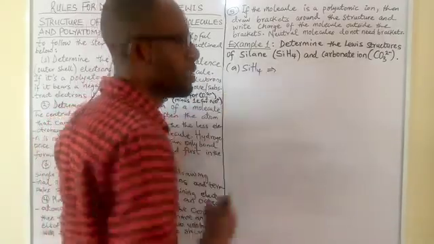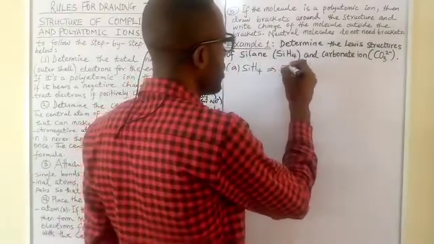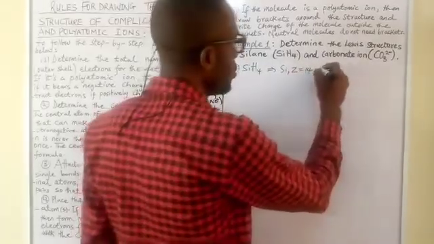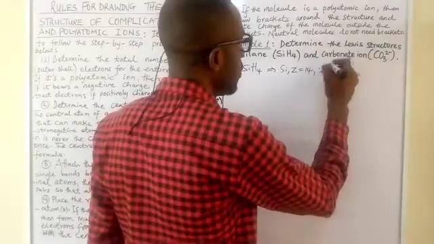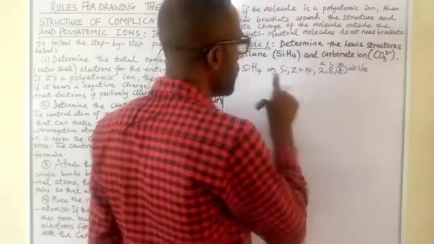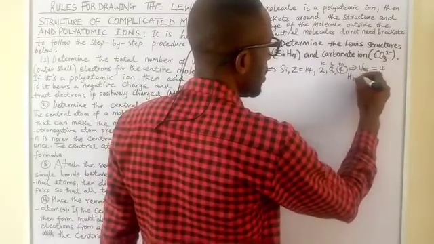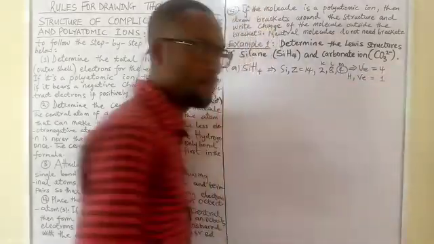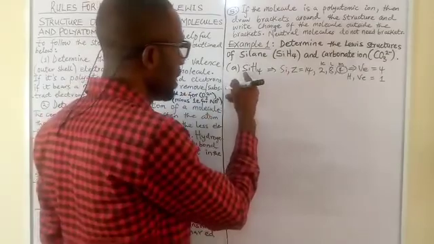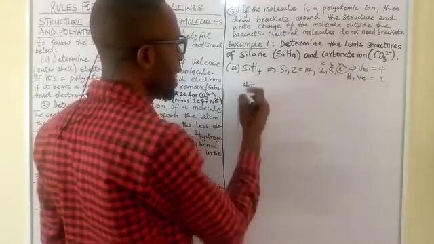So first thing is to determine the total number of valence electrons. Silicon, of course, has the atomic number Z equal to 14. So electron distribution is 2, 8, and 4, K, L, and M shell. So here the total number of valence electrons for silicon is 4. But for hydrogen, the valence electron will always be 1. But pay attention to the fact that hydrogen is 4 here. So therefore, you now ask yourself, the valence electron for silicon is 4, and the valence electron of hydrogen is 1.